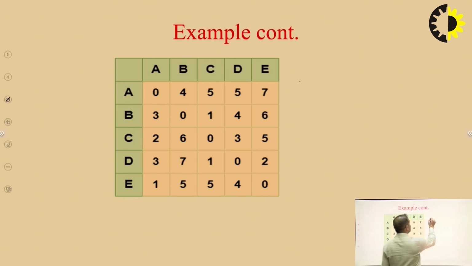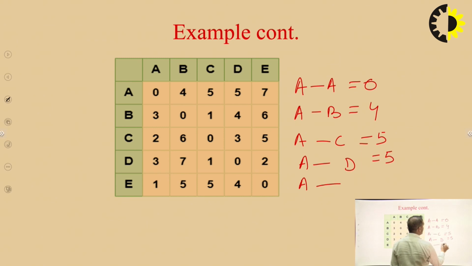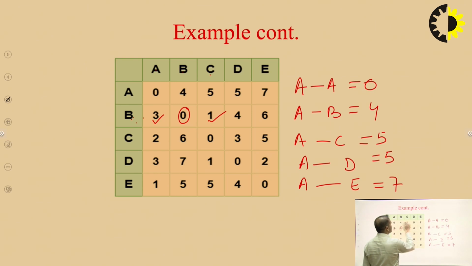For example, the distance of A to A is 0, the distance of A to B is 4, the distance of A to C is 5, the distance of A to D is also 5, the distance of A to E is 7. Next, the distance of B to A is 3, the distance of B to B is 0, because in the first slide we told you the distance of a node to itself is 0. The distance of B to C is 1, the distance of B to D is 4, the distance of B to E is 6, the distance of C to A is 2, the distance of C to B is 6,